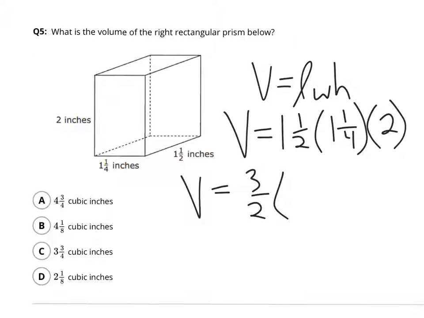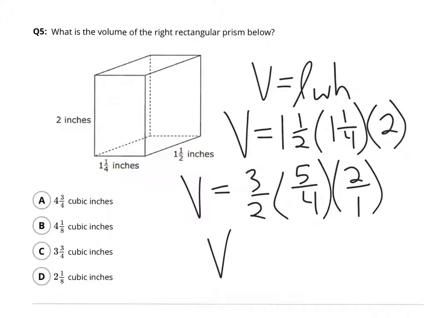So 1 times 2 is 2, plus 1 is 3/2. 1 times 4 is 4, plus the 1 on top is 5/4. And then the 2 we can put as 2 over 1. Okay, we multiply, so 3 times 5, 15 times 2. And denominator, 2 times 4, 8 times 1